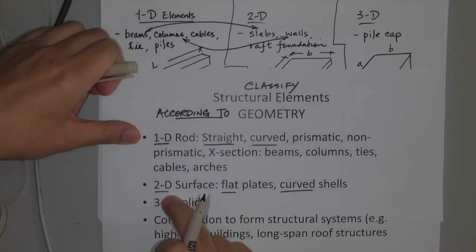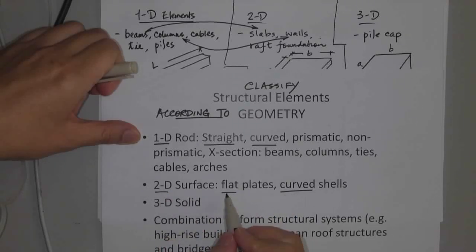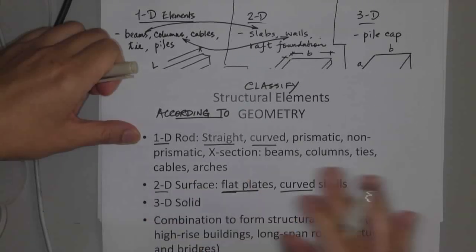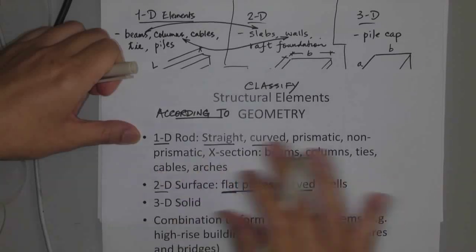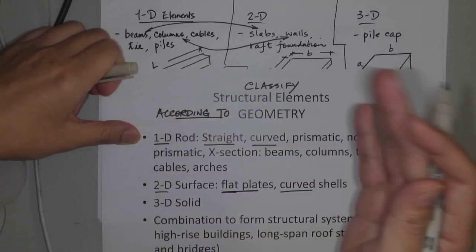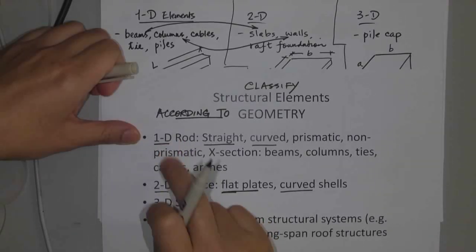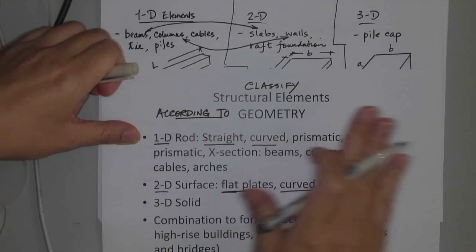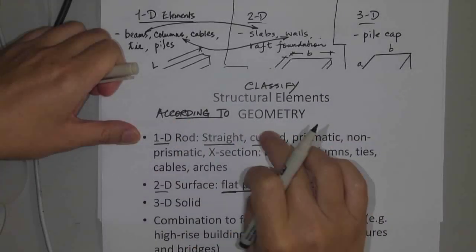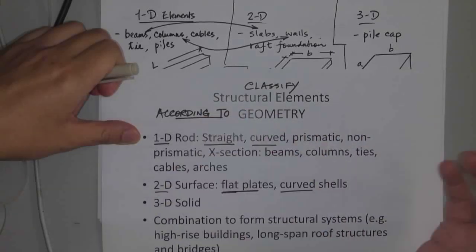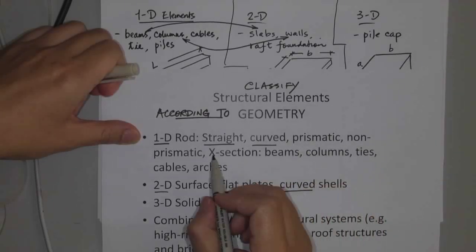Same thing applies to 2-dimensional. 唔係一定一個平面嚟嘅 flat plate, a flat surface. It doesn't have to be a flat surface. It can be a curved surface. Right? Same as 1-dimensional. 唔一定要直，唔一定要平。It can be curved, 線或者曲面。